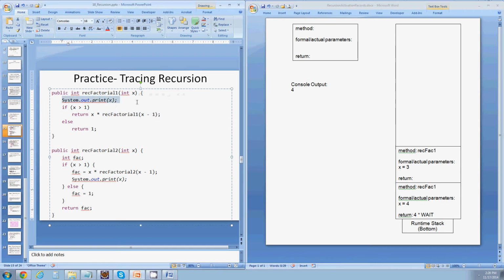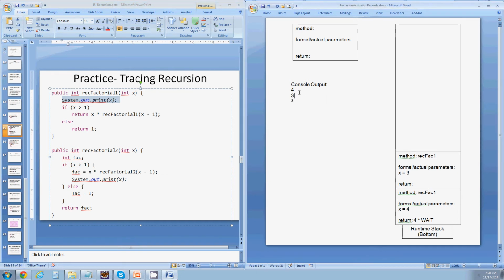So I go in here, I print out x. X is 3, right? Then I go in here. My if statement is x greater than 1. It sure is, so I get a return, and I'm returning x times, oh, wait, I have another method invocation,